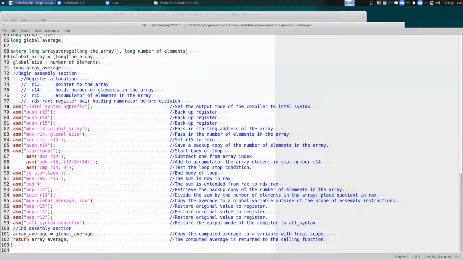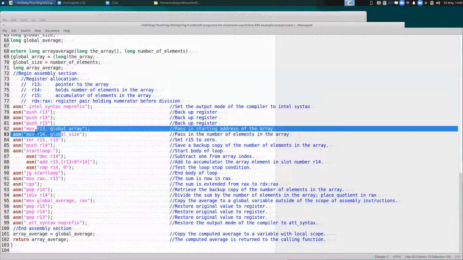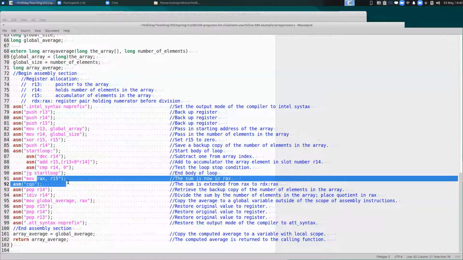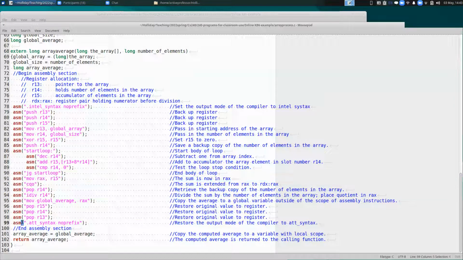So I don't understand the statement, but I know what it does. It sets the default to be Intel syntax. And then all this is written in Intel syntax, you recognize. And then at the end, you're supposed to set it back where it came from. You return it back to AT&T syntax when you're all done with your assembly portion of it. Okay, so